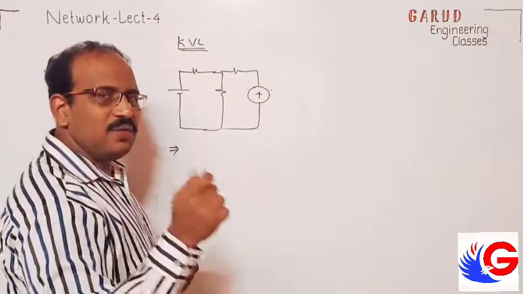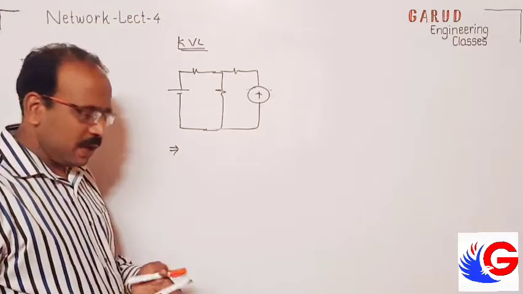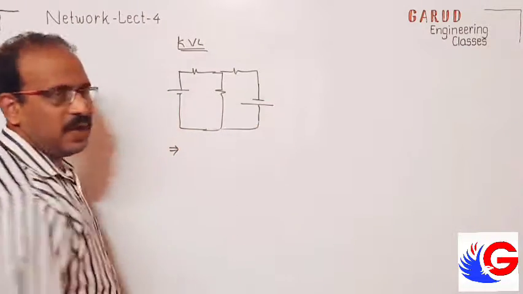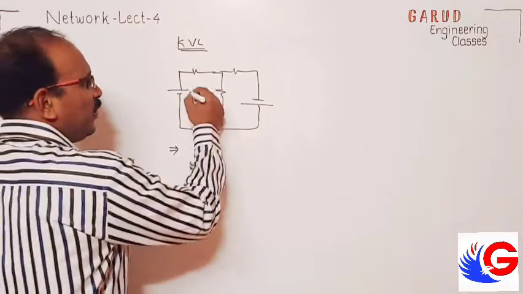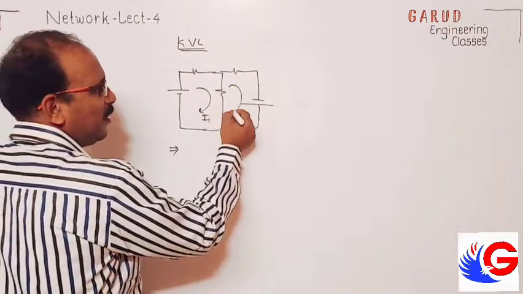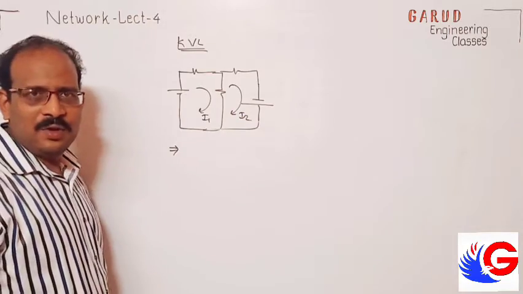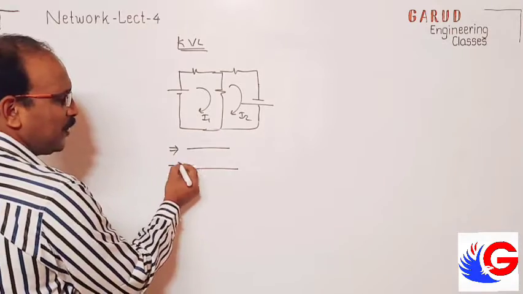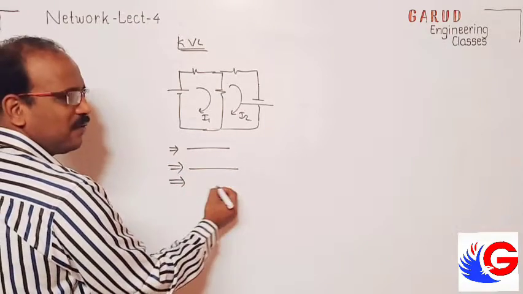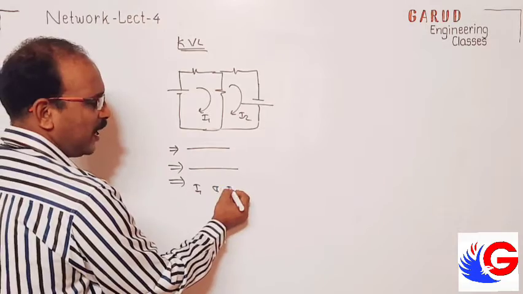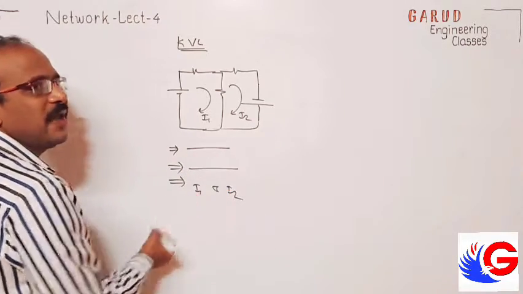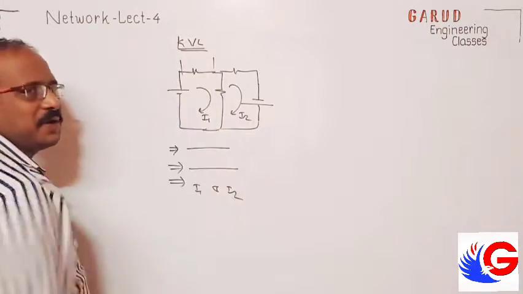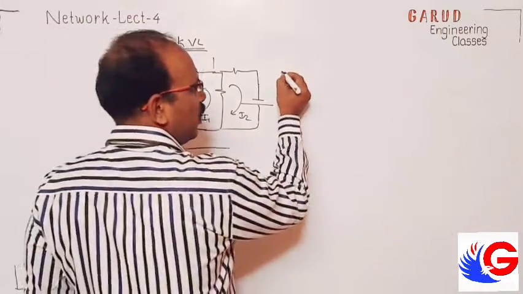First I want to tell you there are only 3 types of KVLs available. What is that? Simple KVL without any current source. So what to do? We have to write KVL here, we have to consider I1, I2. How many loops? 1, 2. So 2 KVL equations will be there. Then we solve using calculator and get the values of I1 and I2. After that, check what is asked. Suppose they want voltage across this resistor, then we can say I into that resistor.